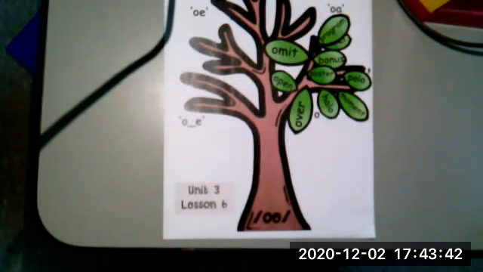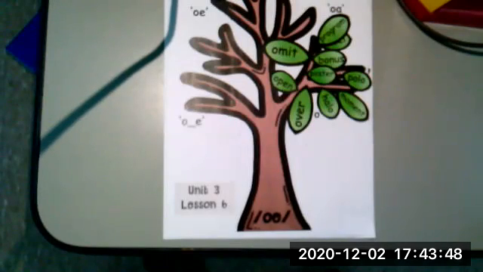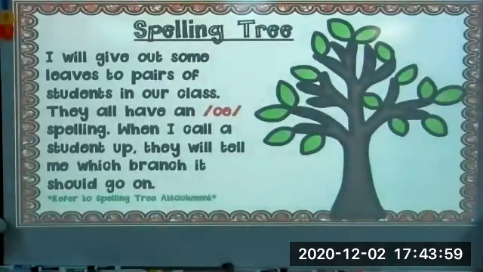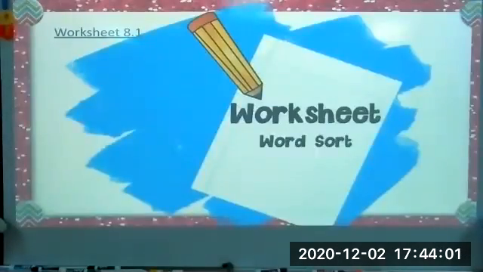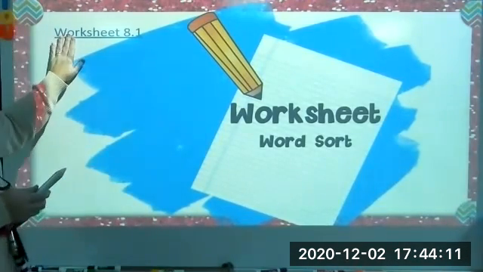What do you guys notice about our tree? Like all the leaves fell off of it except for on one little branch. And those are the ones that have just O to spell the sound O. Very strange that our tree has done that. Okay. So today you have a couple of activity worksheets to do. I want to show them to you. The first one is worksheet 8.1.